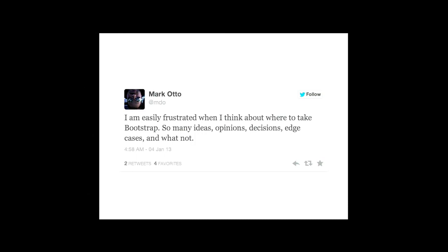And Mark and Jacob Thornton, who both used to work at Twitter, have to deal with all of this, and they're primarily the only two people doing so. The sheer weight of the requirements can be quite difficult to manage, as well as deciding where to take this large project. And especially when you have so many people invested in it, I suppose the fear of taking a wrong turn, and the potential consequences of that, can be quite